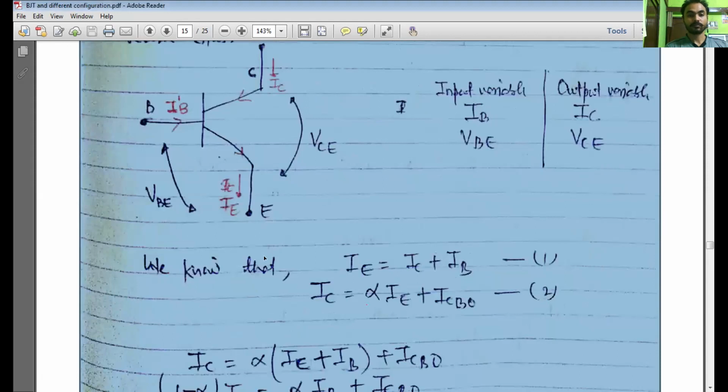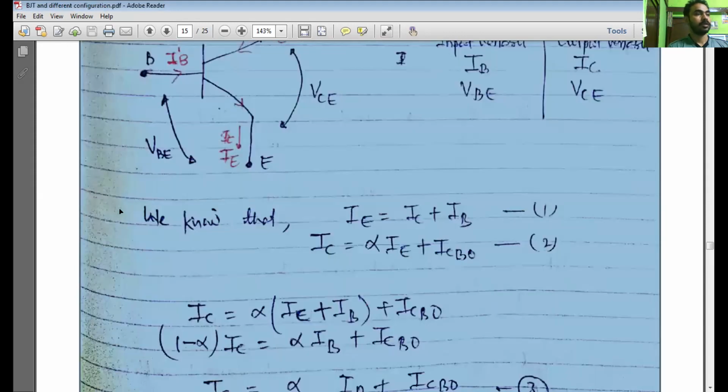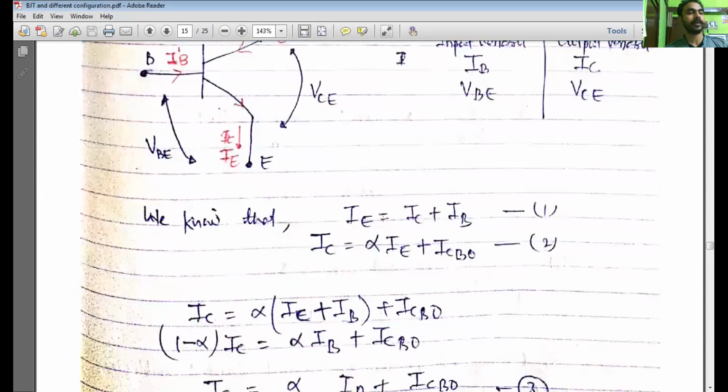Okay. So we know the input variable and we know the output variable. We'll go for the current equation. Before going to the current equation, I will again recall: nothing is going to change as per the NPN transistor property. Everything is the same. The only change is that in the common base, the base is common; in the common emitter, the emitter becomes common.